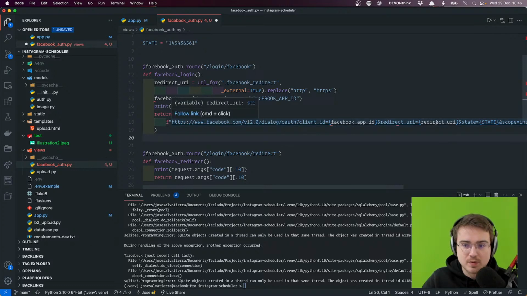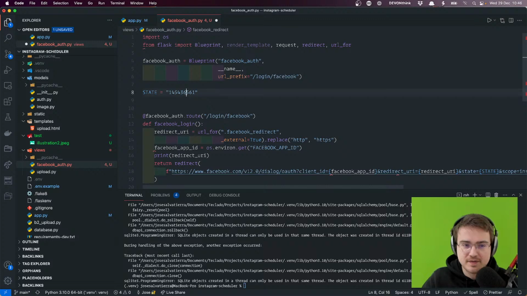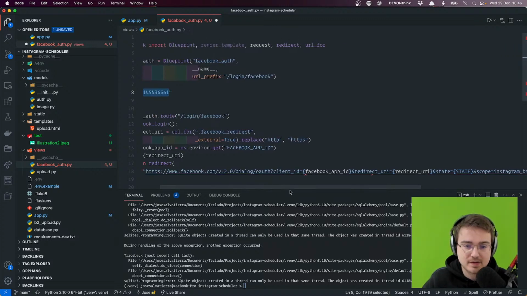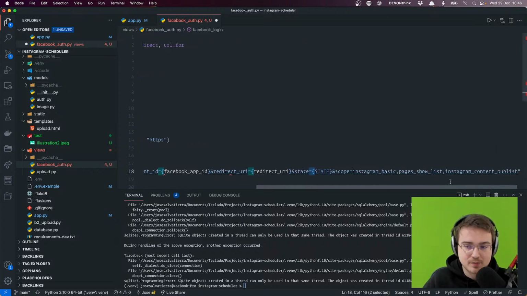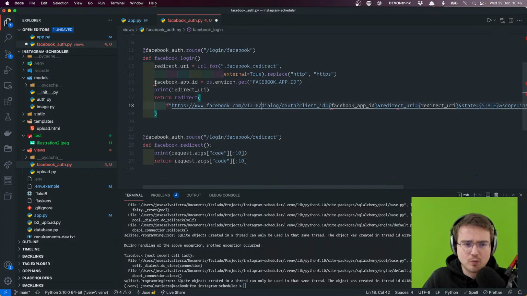The redirect URI is going to be the same, and the state variable is just a unique number or string that we send to Facebook, and then they send us the same string back. That's so that we know that the response they're sending us is in response to this specific request that we're making, and not some other request that we may be making. We'll worry about that later. So with that,